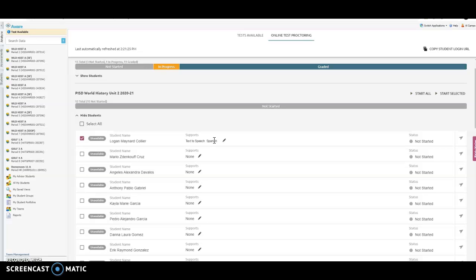In the spelling assistance, if you have that one turned on, if you have an open-ended question where the kid has to type in their answer, then it's going to give them a spell check for that test question while